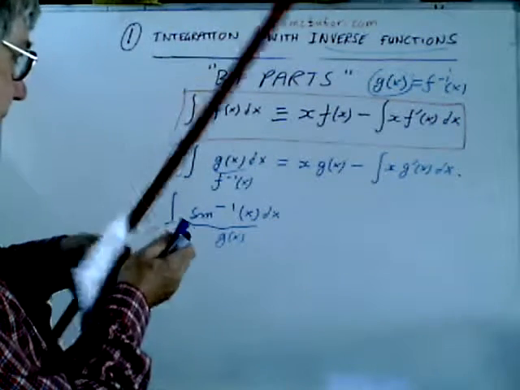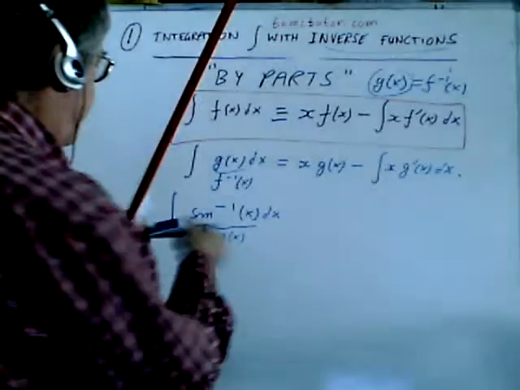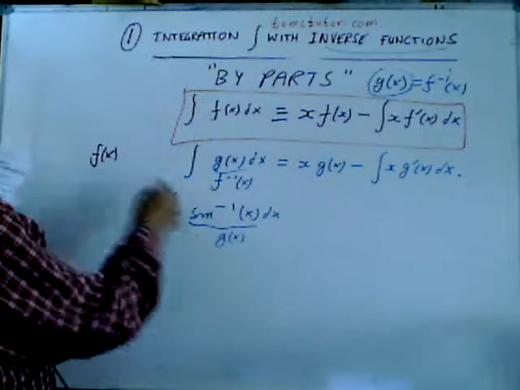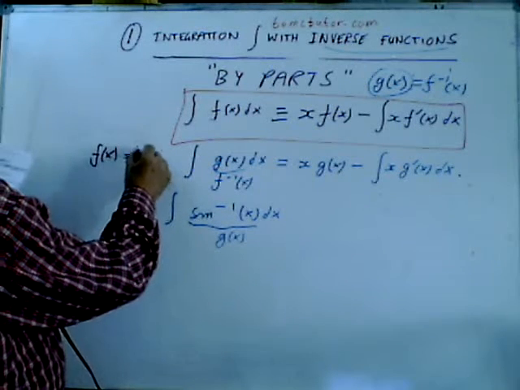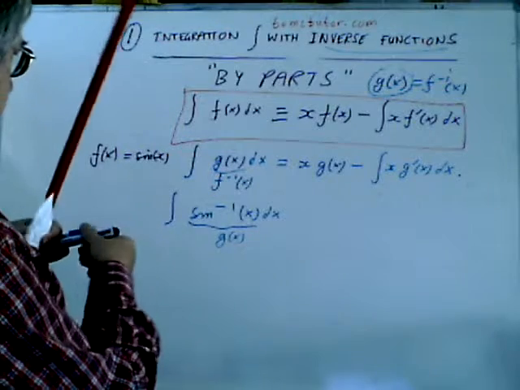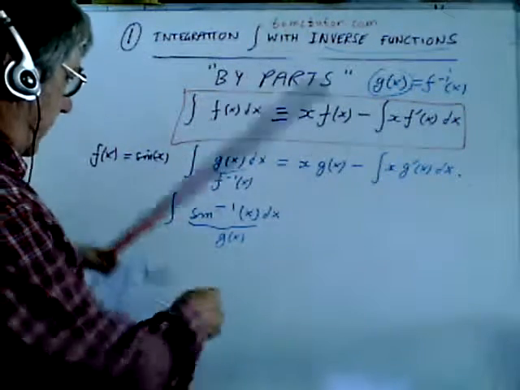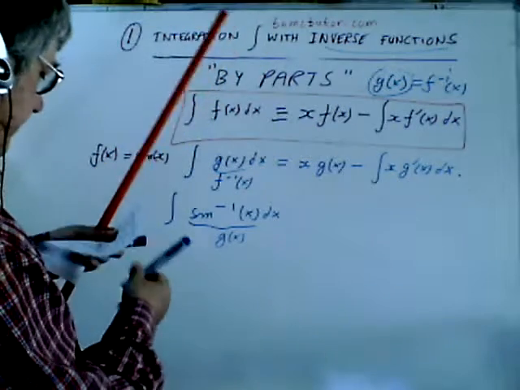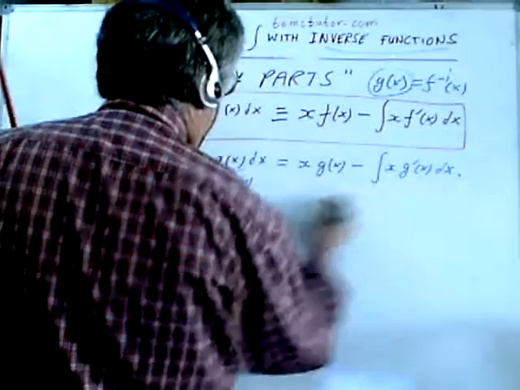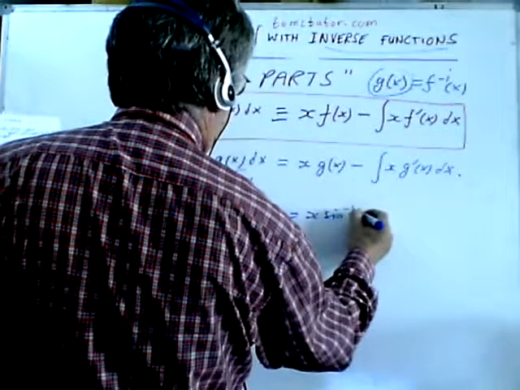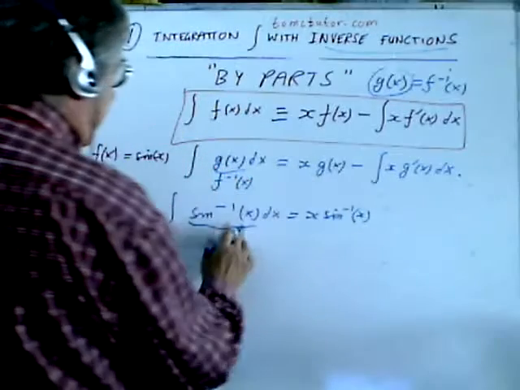Well, obviously f of x is the inverse of the inverse, so that's sine of x. But anyway, I'm specifically talking about the arc sine function. On the right hand side, that becomes x arc sine of x, because I just put g of x in there,